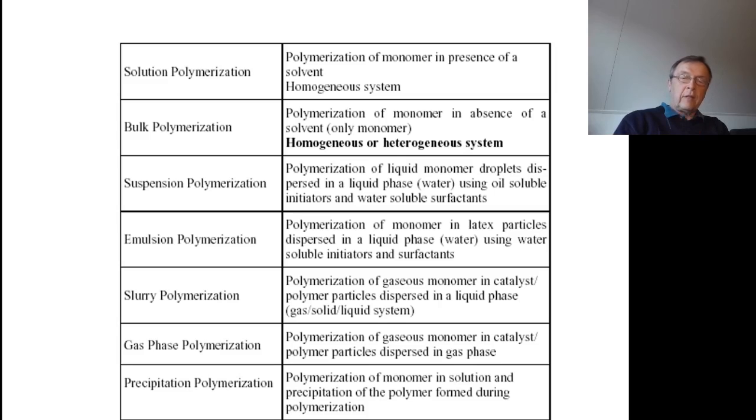So little differences, but these methods allow us to produce very different polymers with very different properties, even if we use the same monomer. So you could do all these methods of polymerization with one and the same monomer, but you would not produce exactly the same polymer. So if you take styrene for a solution polymerization, for bulk, suspension, or emulsion polymerization, you would produce very different polystyrenes that can be used in very different applications. So the selection of the polymerization method is also a tool to generate very different